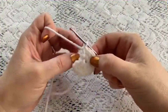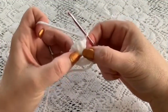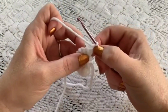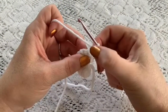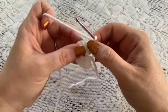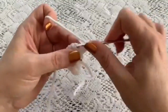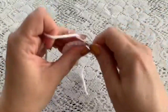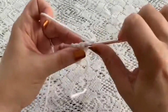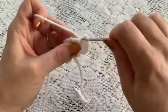For round 3, you're going to chain 1, turn your work, and you're going to do a repeating sequence of 1 single crochet followed by 1 increase. And you'll do that all the way across. So 1 single crochet followed by 1 increase, 1 single crochet followed by 1 increase,